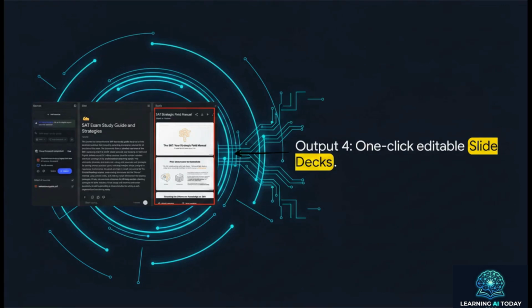Output 4 is the slide deck. One click creates a full presentation straight from your sources. But it gets so much better. You can edit it prompt by prompt, so you can literally just tell it, hey, make slide 3 more concise without having to regenerate the entire deck. You can even upload your brand guidelines, and it'll match the slide colors and fonts perfectly before you export it